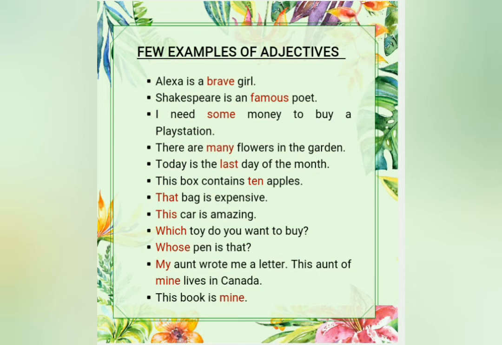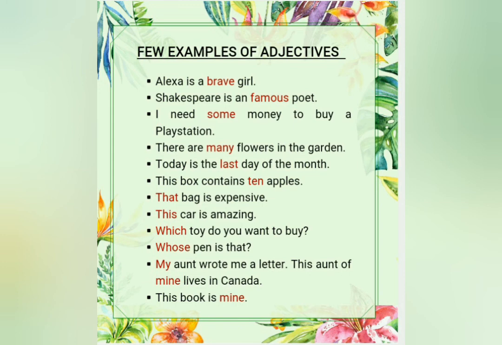That bag is expensive. This car is amazing. Again, two words are repeated here, this and that. We have read them many times in our last videos also. Words like this, that, these, those come from demonstrative adjectives. So these sentences have demonstrative adjectives. Next, which toy do you want to buy? Whose pen is that? In both sentences, the question is asked by the word which or whose. So one can say interrogative